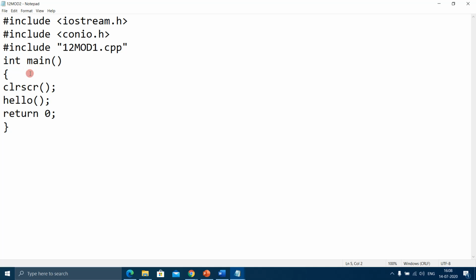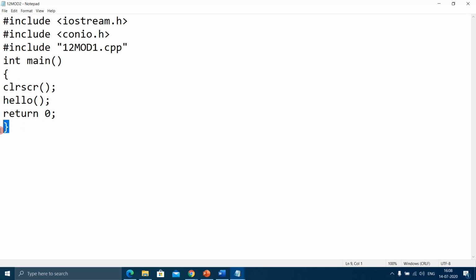Within this main function, there is a function used, clrscr, which is clear screen, and I've called a function whose name is hello, and then return. If the data type of the function is int, then it should have the return keyword, and if there is nothing to return, it should return 0 because the data type is int.